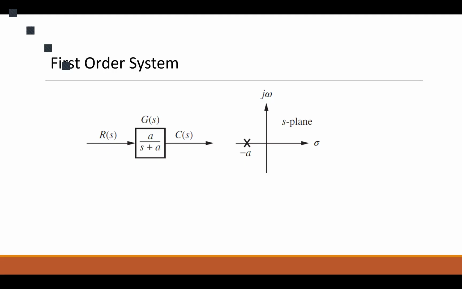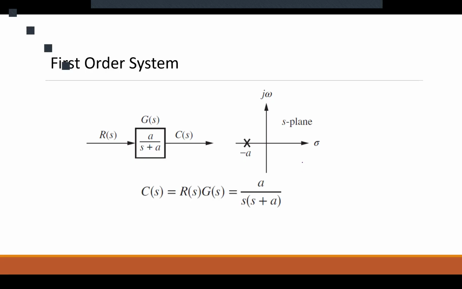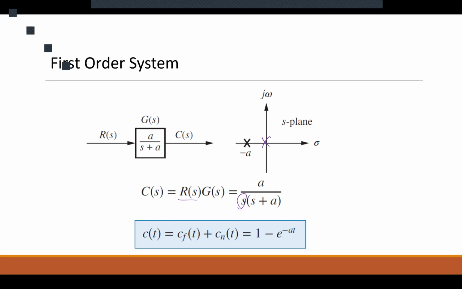For example, in this example that we have, the standard representation is a over s plus a. We don't have any zero. We only have one pole at minus a. So what's going to happen is if we have a step function as an input, which adds another pole at zero, our c of t is going to be the term related to that zero,